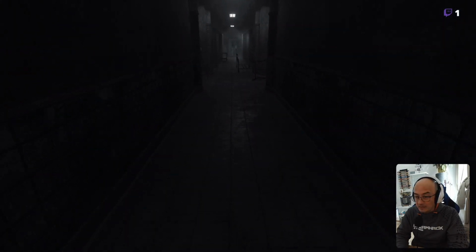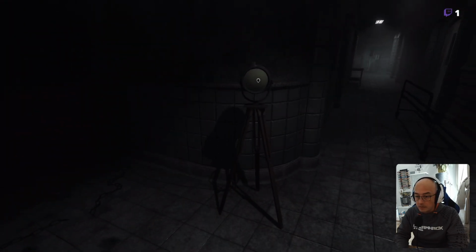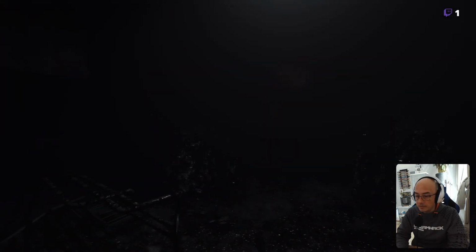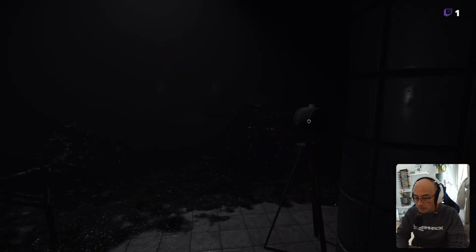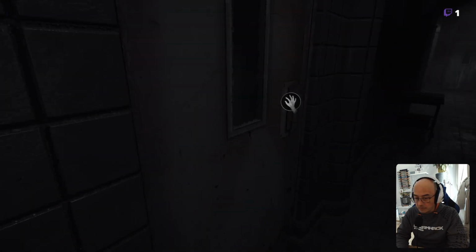However, I think we have reached one puzzle which might be difficult to solve. Now you have seen the bulb is broken, so we need to find a new one.